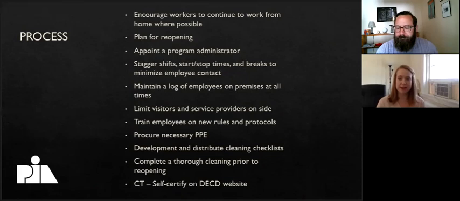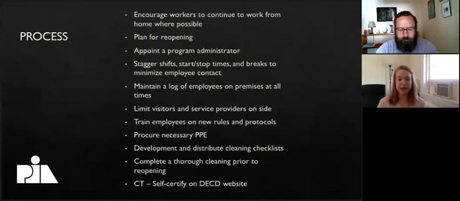This is key for contact tracing as well. Stay tuned for later in this video. Limit visitors and service providers on site. Train employees on the new rules and protocols. Procure all necessary PPEs. So if you're in New York or New Jersey and you're preparing to bring at least